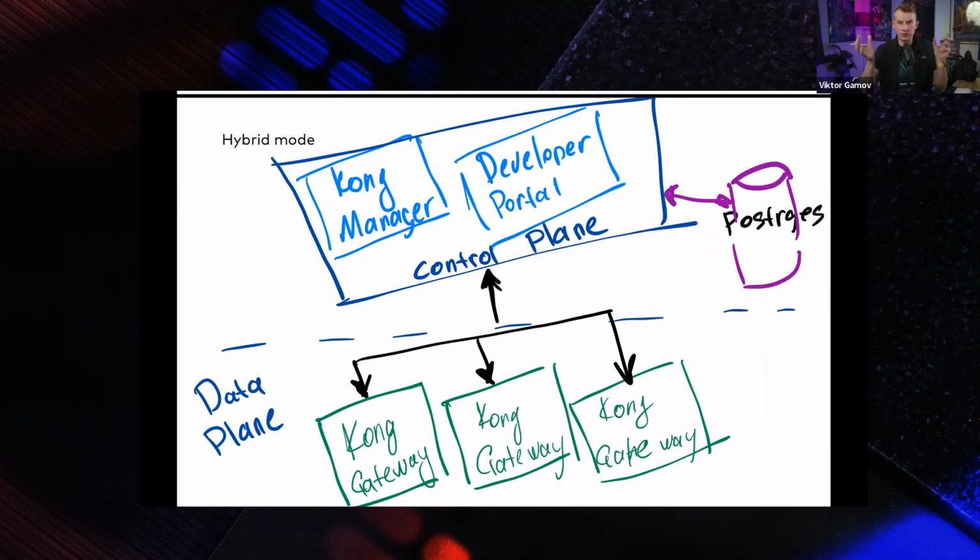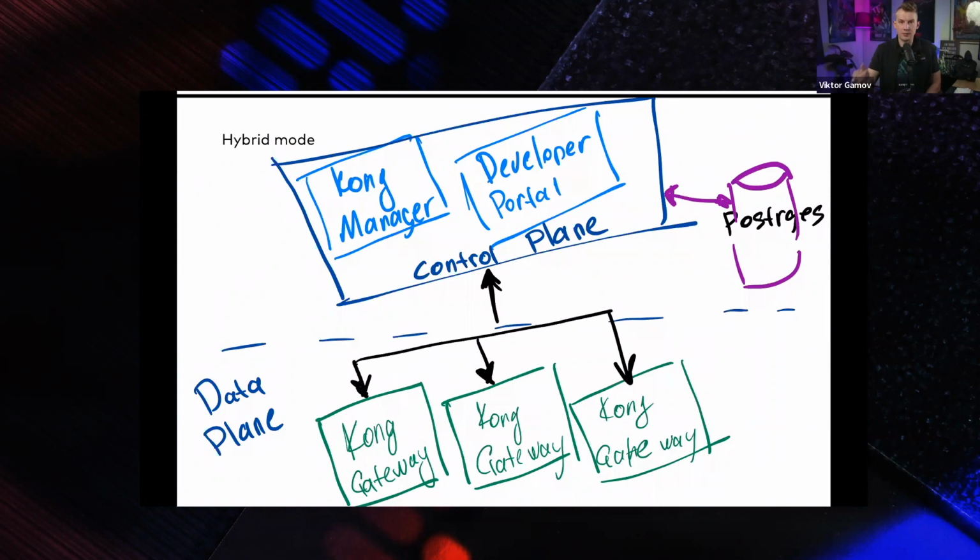You can configure this. And the only thing that Kong gateway in this particular case will require is a connection to the control plane. And it is bidirectional. So when the Kong gateway starts, it has a configuration of where and how to connect to the control plane, and the rest of this thing will be